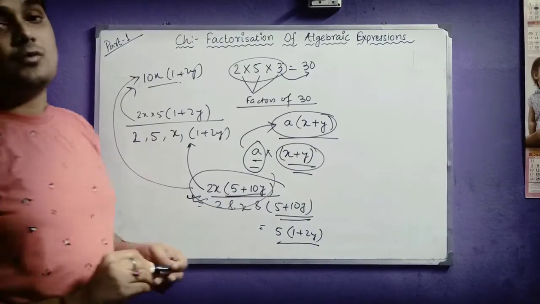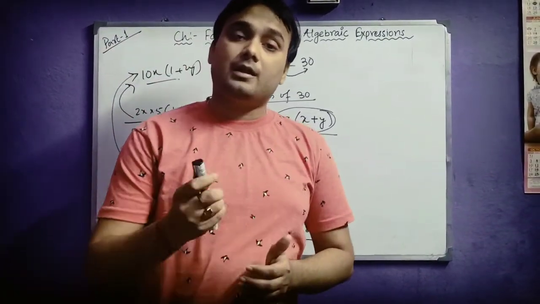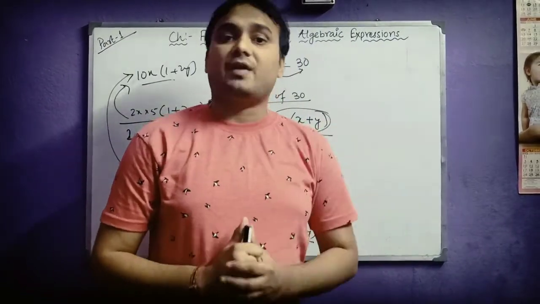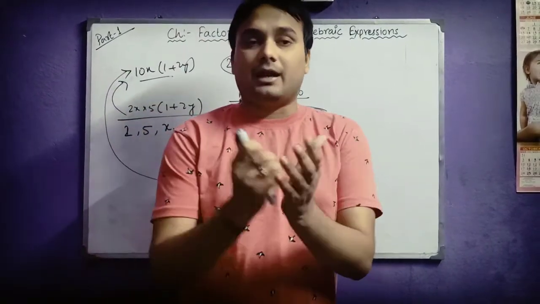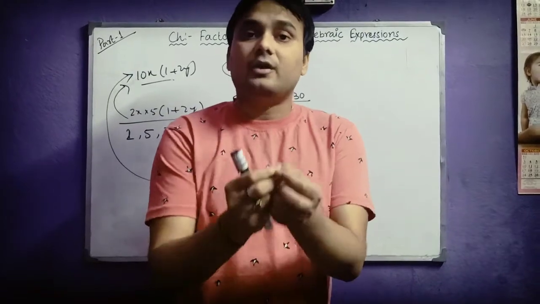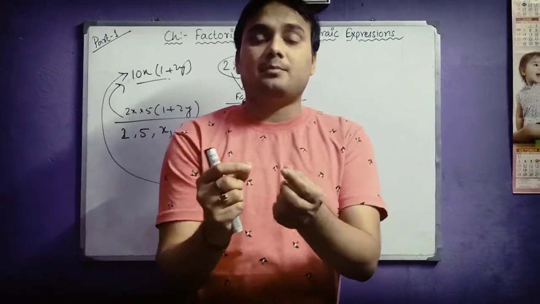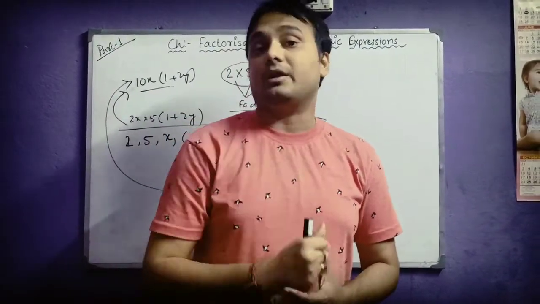So one thing you have to keep in your mind, that you have to express the given polynomial as a product of its different factors, and all those factors should be completely in reducible form. That means a polynomial can be expressed as a product of many different polynomials. A big polynomial can be expressed as a product of many polynomials, but each polynomial should be in reducible form.